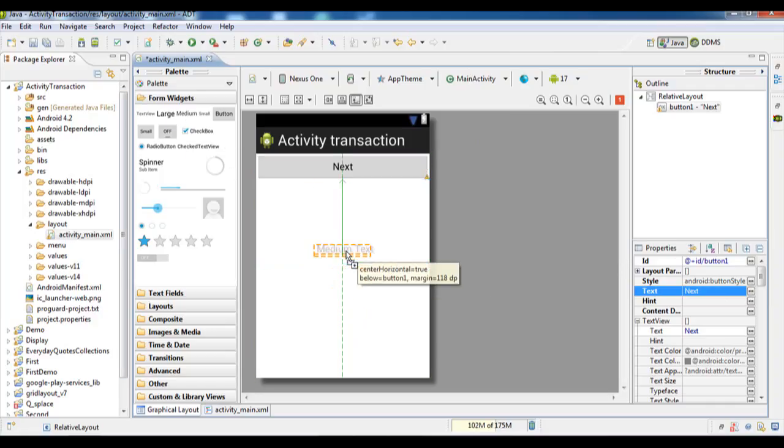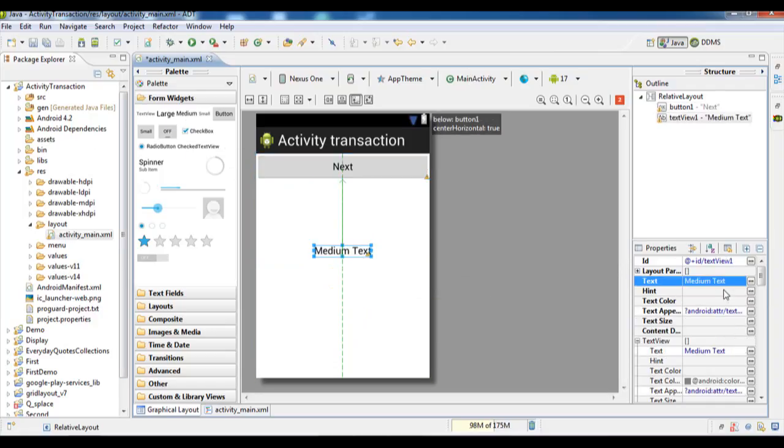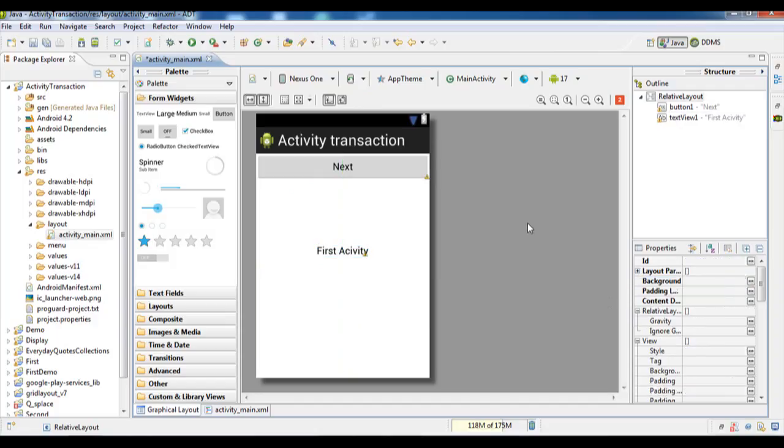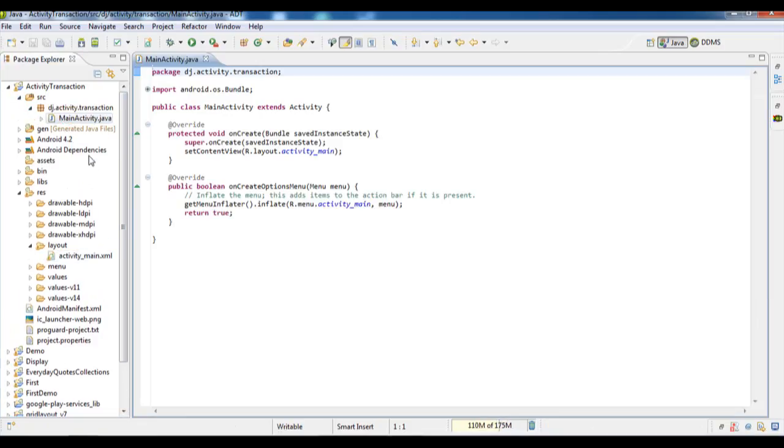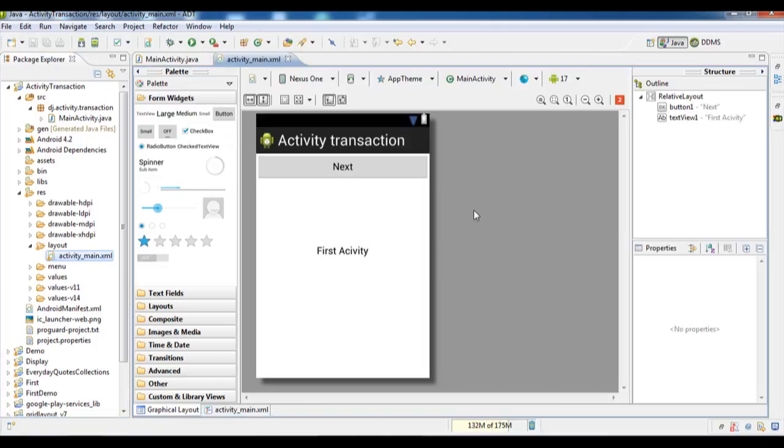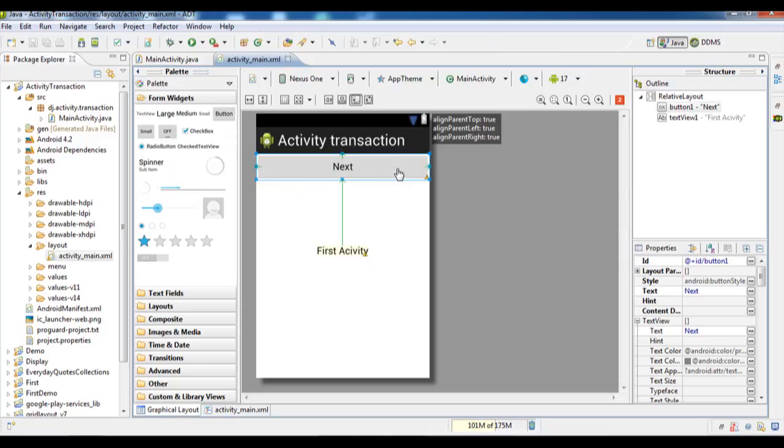Now drag one text view, give the name first activity only. Control S. This is our main activity, this is our designing file. I am taking only a simple button. Whenever I click on this button I jump to another activity, so that